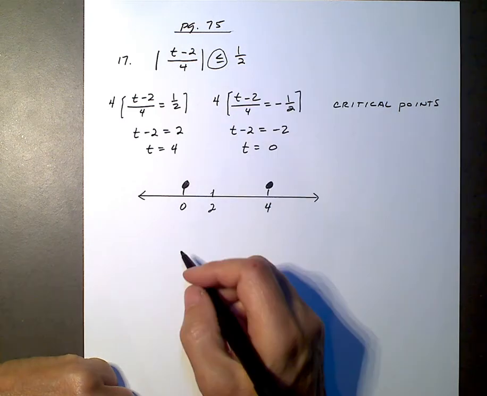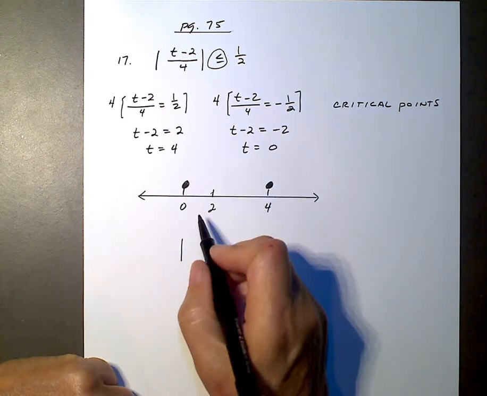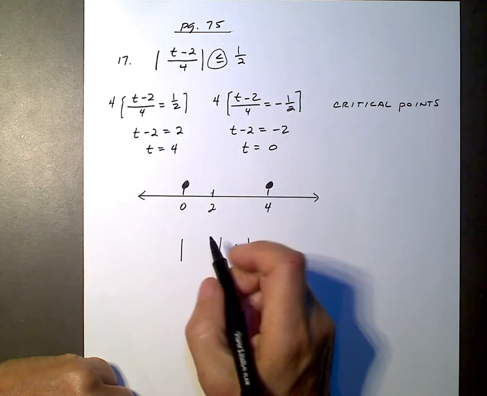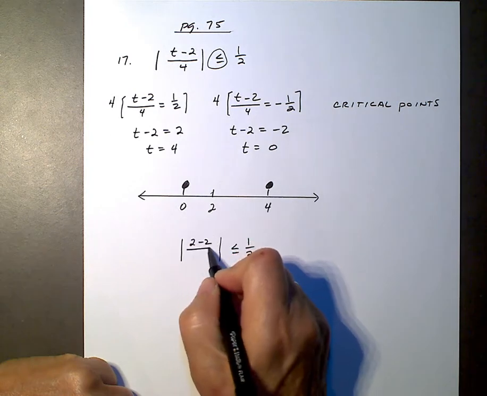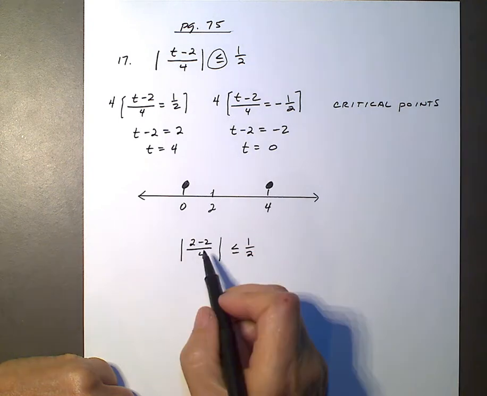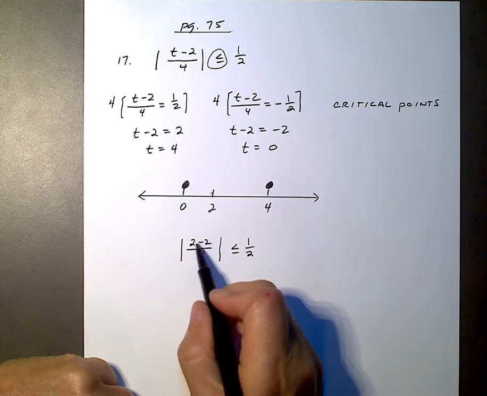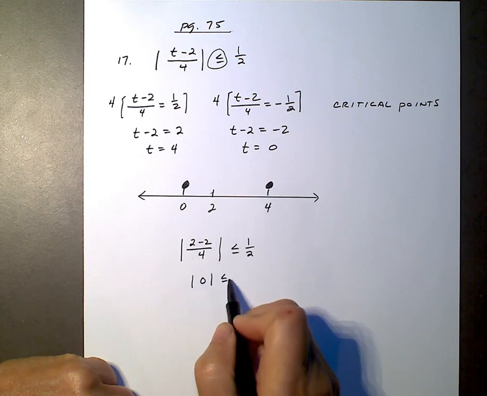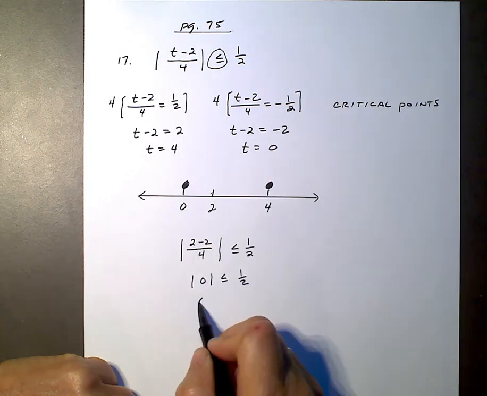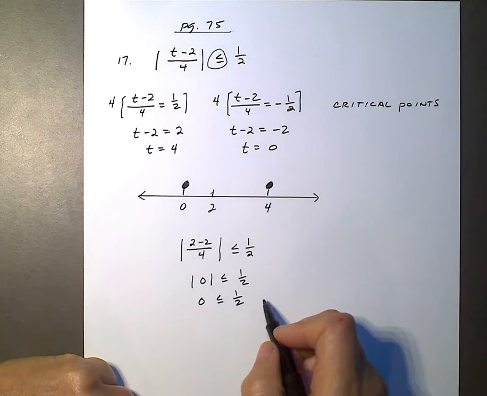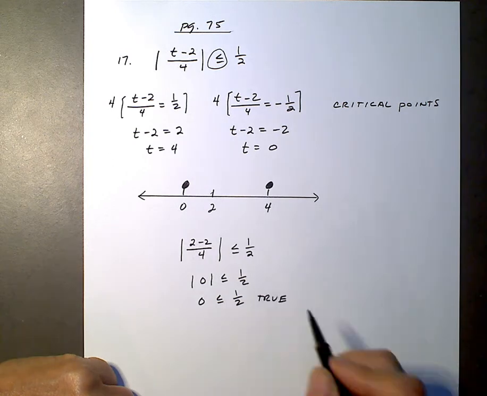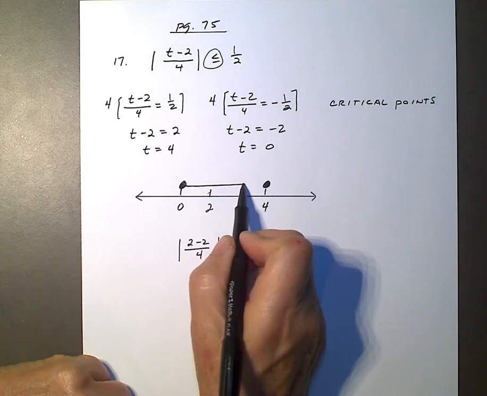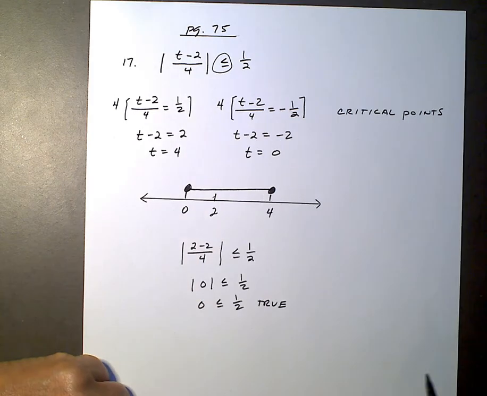So if I look at the original inequality and I substitute a 2 for t, I get a 0, right? 2 minus 2 is 0, divided by 4 is 0. And the absolute value of 0 is in fact 0, and in fact less than or equal to 1/2. So that means my solution is inside this interval,